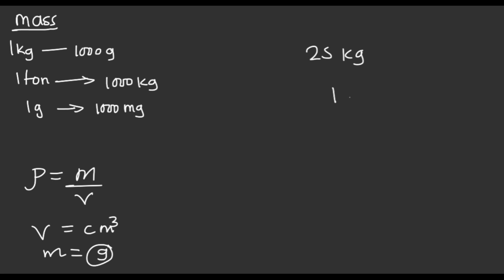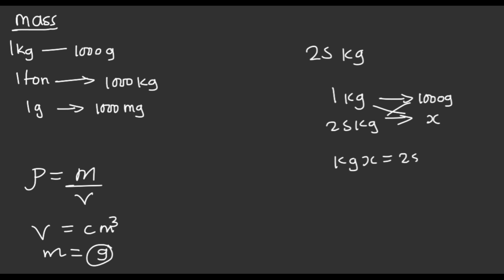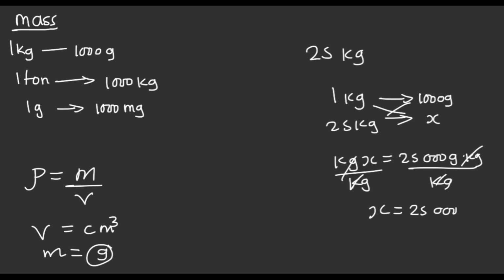So we use this conversion, which is 1 kilogram is equal to 1,000 grams. Then 25 kg will be here. Then here we put x, we cross multiply. So this will give us kilograms. X is equal to 25,000 grams per kg. Then we divide by kg. So x is equal to 25,000 grams. So if you look at the sack of meal given, the one for 25 kilograms is